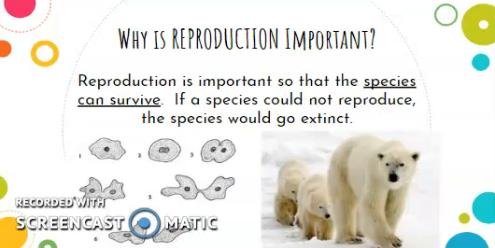The final reason that our cells need to be able to divide, to go through mitosis, is for reproduction. And this one actually isn't for us. Mitosis is used for reproduction in only unicellular organisms. So in unicellular organisms, the cell doubles its nucleus, starts to divide, and eventually you end up with two individual cells. If that didn't happen, bacteria, protists, fungi would never survive. You would have one organism and you would never be able to have a new one without the ability to divide.